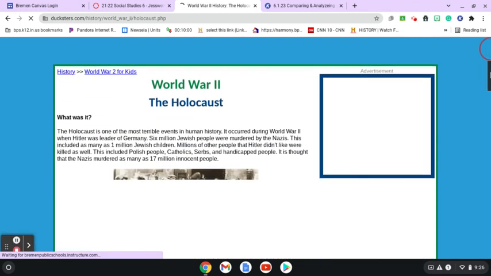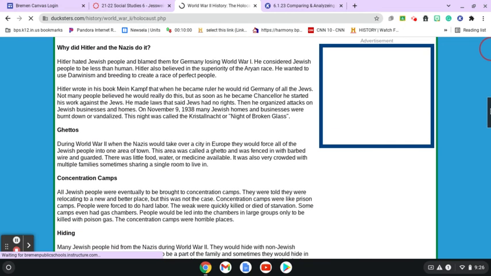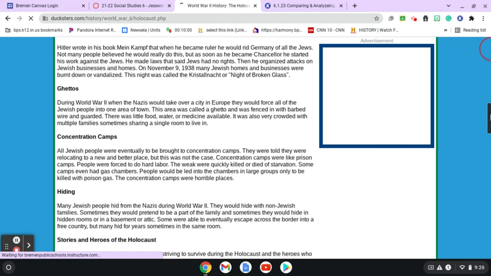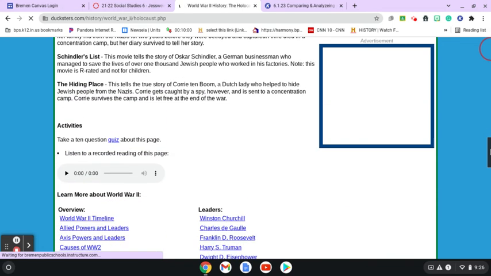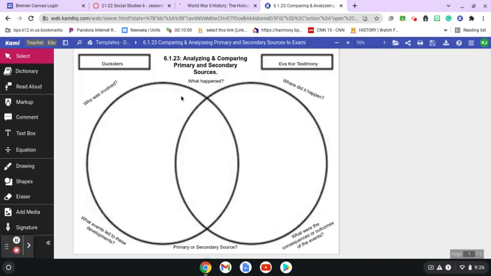You are then going to spend some time and you're going to read this. It's not very long. If you want to maybe talk to your parents, see if they want to read it with you, that's completely fine. But you're going to be reading this and then going back to your source. And as you're reading, answer their questions. So the first source is going to be here on this left-hand side.